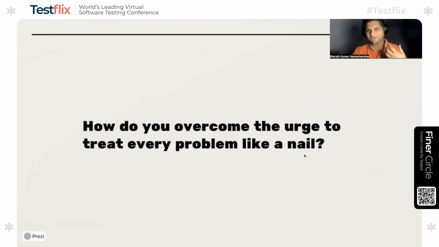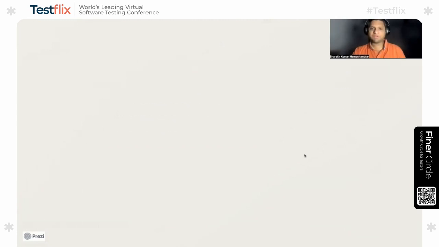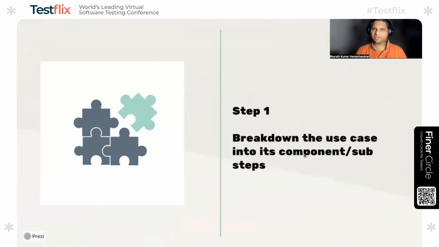So how do you really overcome this urge? We've talked a little bit about what is involved in this particular problem. Use cases are aplenty in terms of what you can really use. So we'll take an example of a use case going forward. But the first important step that you need to understand when you get a use case and are asked to determine whether you can use AI/ML for this is to take a step back and understand what it means to accomplish this particular use case.